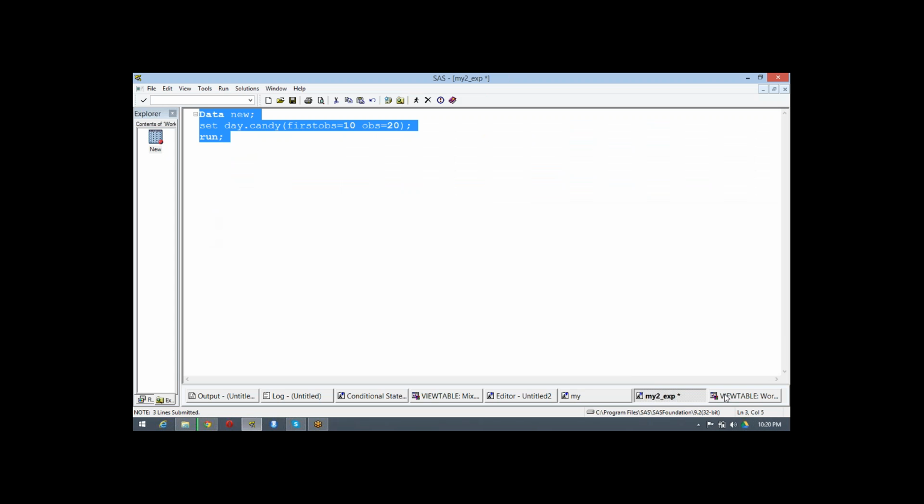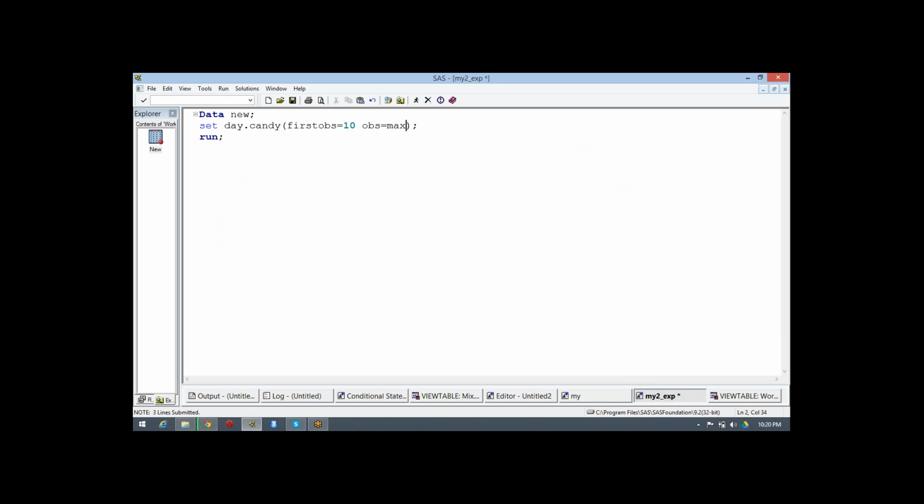This type of question will come: when they say reading a file from 10 to 20, how many observations will occur? This is a normal question they'll ask. When I do not write OBS, by default OBS becomes max automatically.